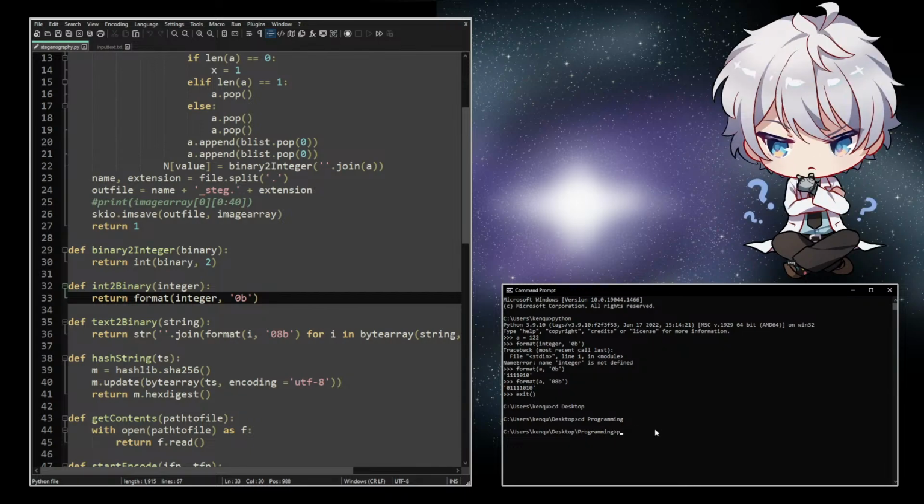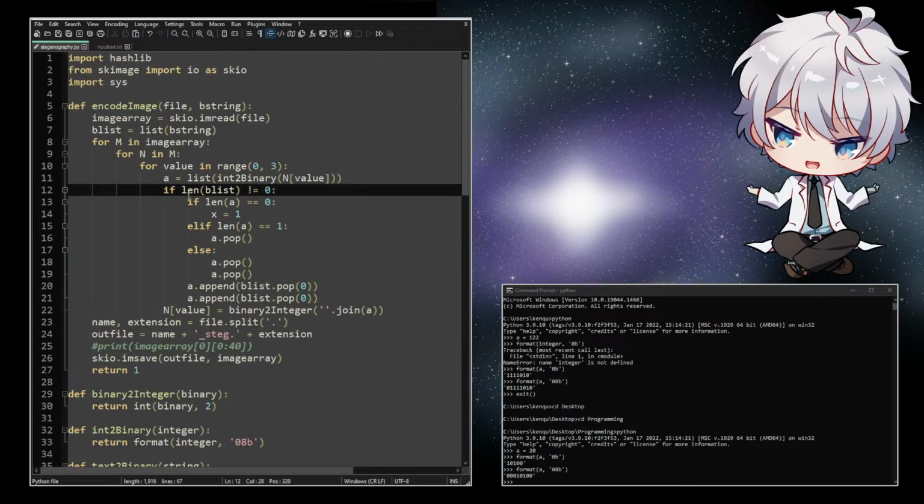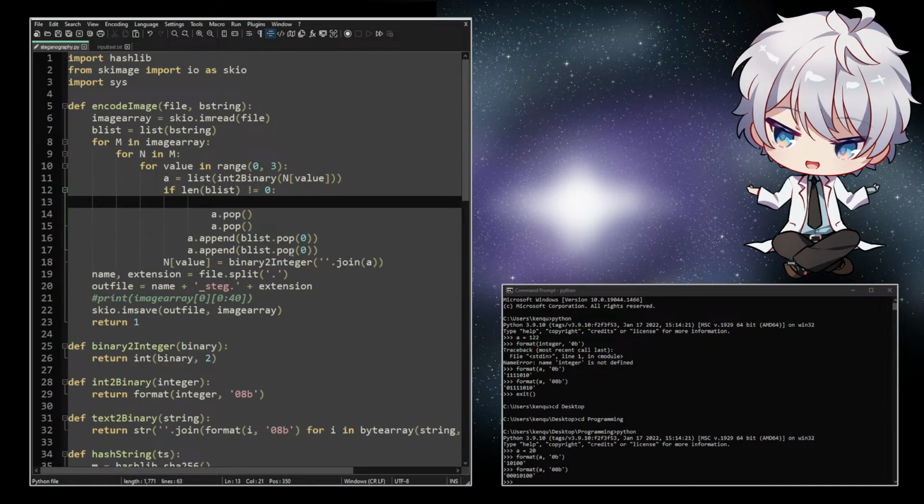And we can test that. So even if we take, for instance, a equals 20, and we go format a, and we say 0b, we get 5 characters, but if we go with that, we get the padding. Enough zeros to pad it to 8 characters. And that's what we want, and that'll get rid of that whole if statement there. So if we make that 8, then we don't have to worry about the length of a being 0, because it'll always be 8. We don't have to worry about being 1, because it'll always be 8. So we can get rid of that whole section,